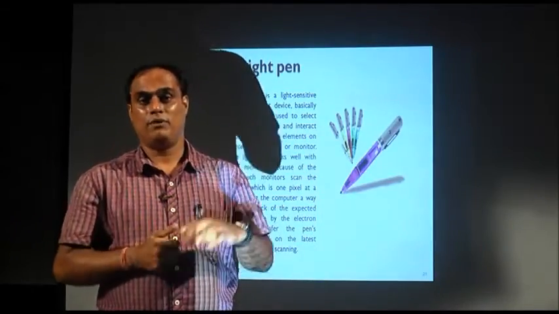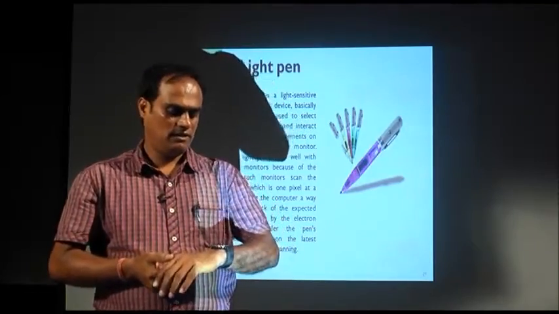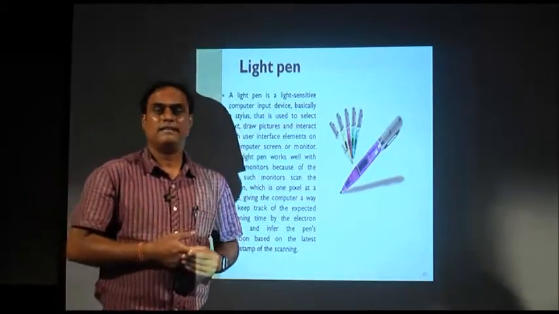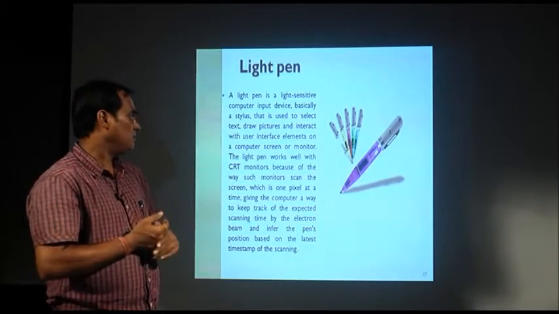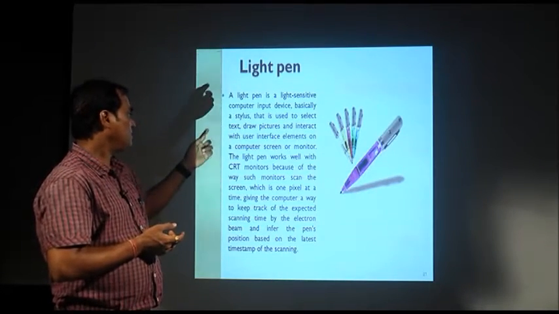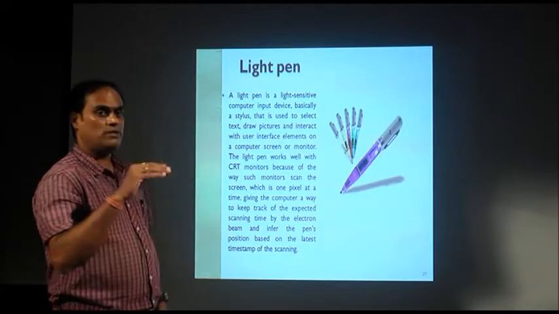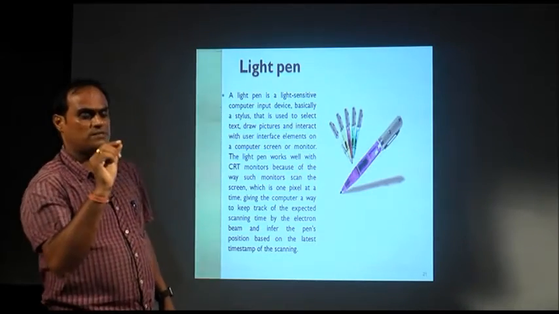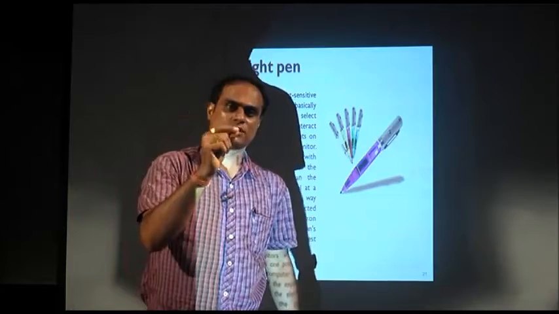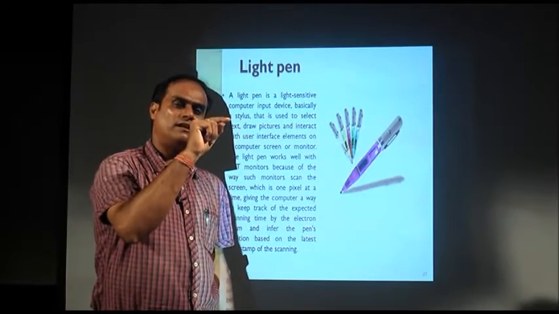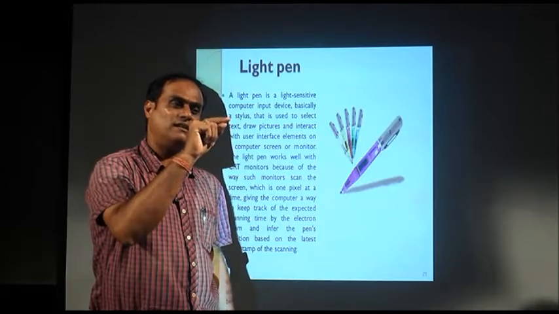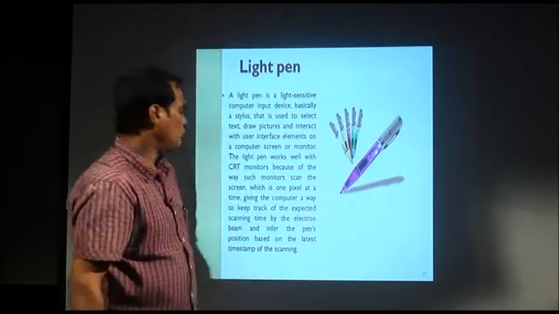Earlier we were using the CRT display unit. On that, the light pen was used for giving certain data input. That means when we select something, from the pixel-wise view, a particular space is selected, and that is given as output.